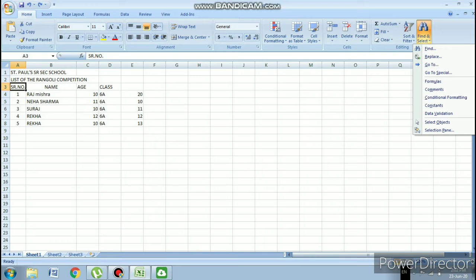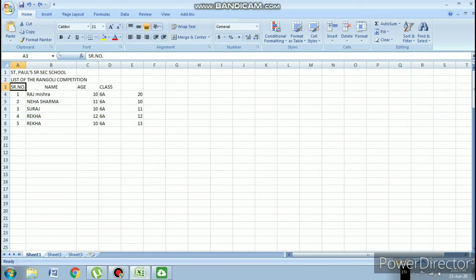Now come to another thing, that is how to use a formula. I will tell you one simple formula. I want to know the total amount of the fees I have collected for the Rangoli competition. So I will come over here, then I will press AutoSum. As I press the AutoSum button, you can see the range gets selected automatically. If you want the same range, you simply press Enter and you will get the total of this particular field. You can customize the range also.